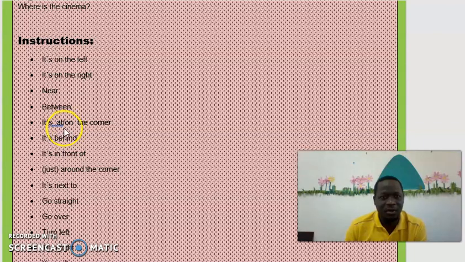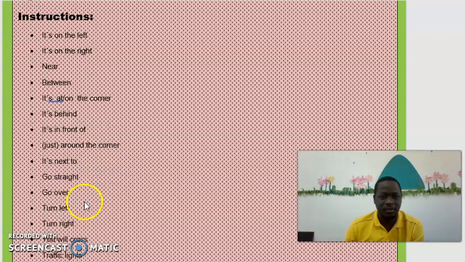It's at or on the corner. It's behind, we know what behind means. It's in front of, just around the corner. It's next to, go straight, go over, turn left, turn right, you will cross